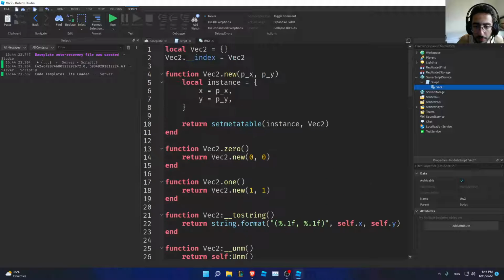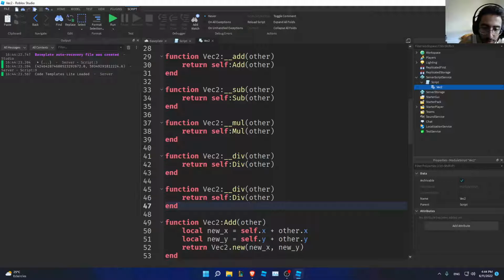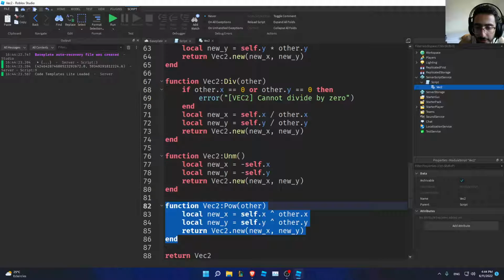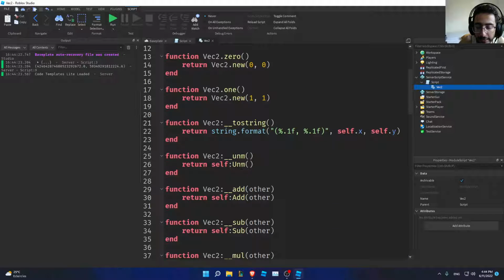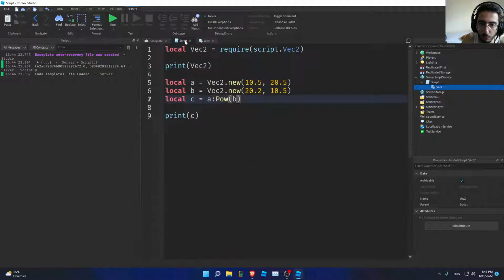So let's add the method too. I'm just gonna copy, let's say div, and I'm just gonna call it pow, and use my new function pow. By the way, you don't have to actually add these methods. You can just directly add the behavior that you want inside of the meta method function implementations, but it's just nicer if someone wants to use your module just this way,